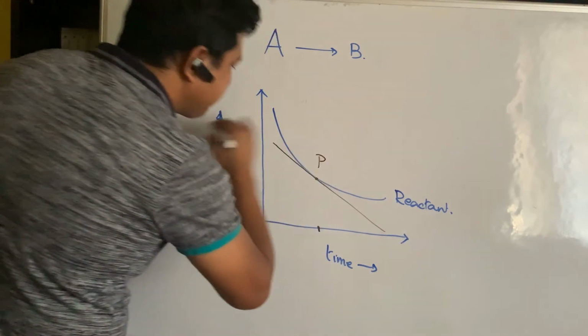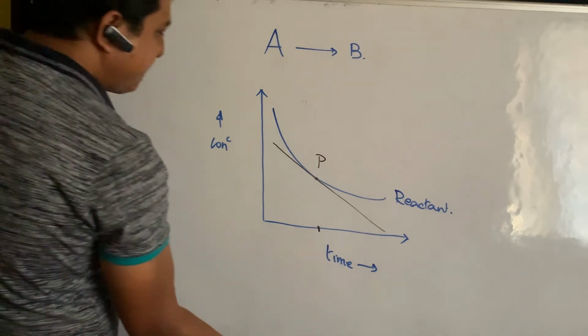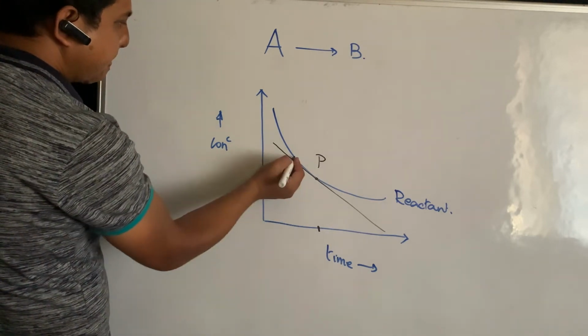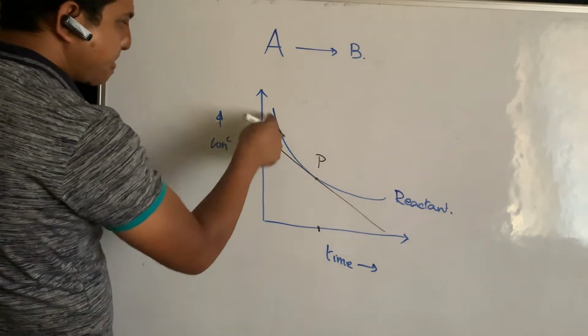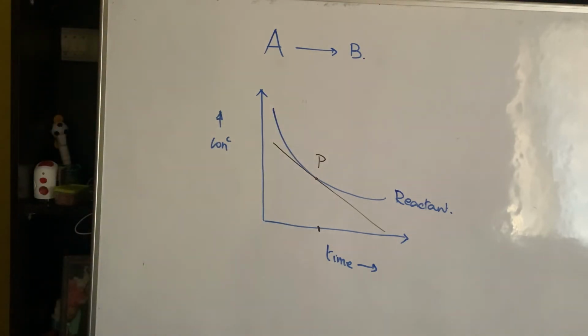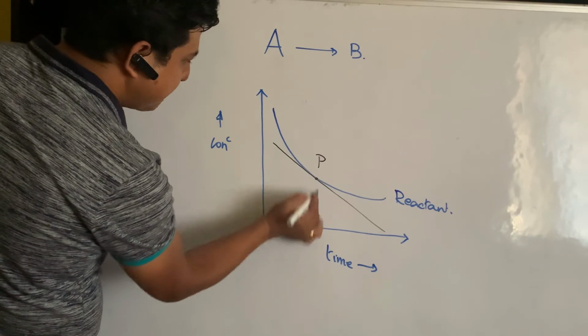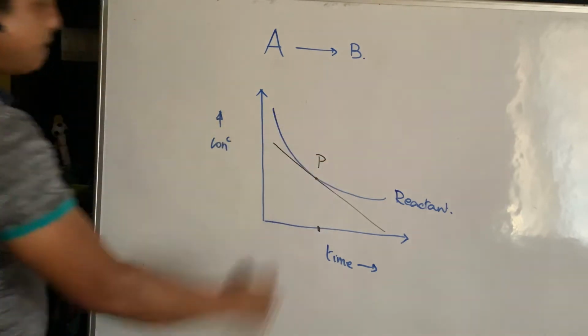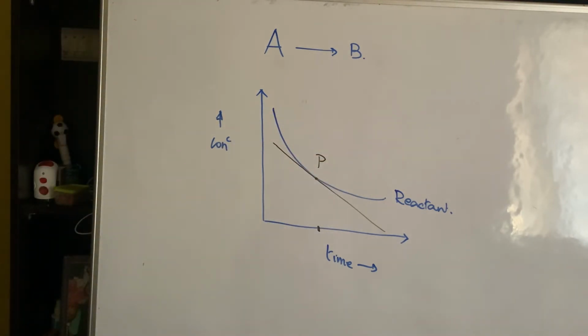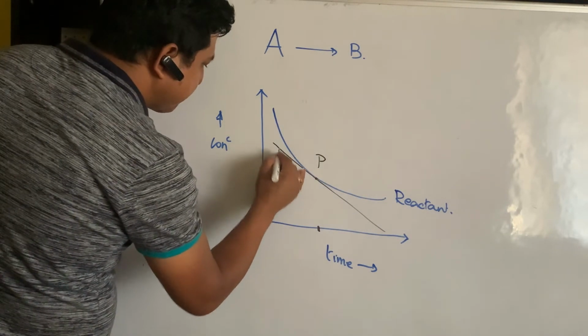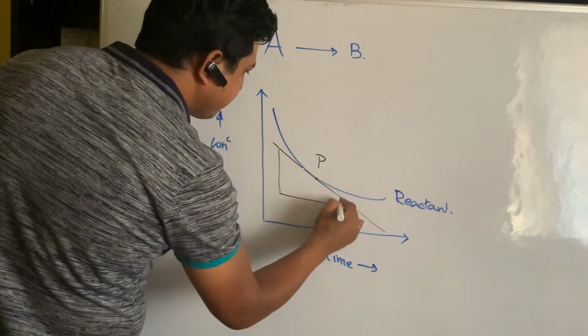Let the point be denoted by P. So if you are asked to find out the rate of a reaction at this time, again, you draw a tangent corresponding to that particular point. So here I was asked to calculate the rate of a reaction at this time. So I drew a perpendicular, I got a point out here, and I draw a tangent passing through this point. Now what you do again, simply you construct a triangle. So here I'll be getting theta.